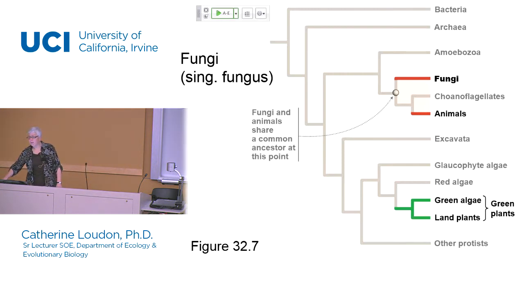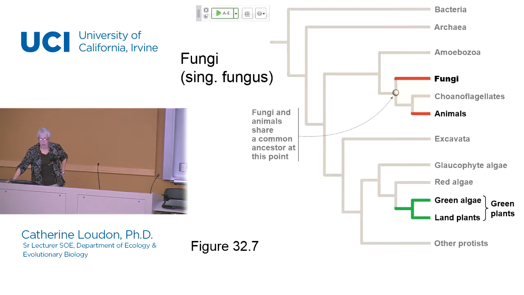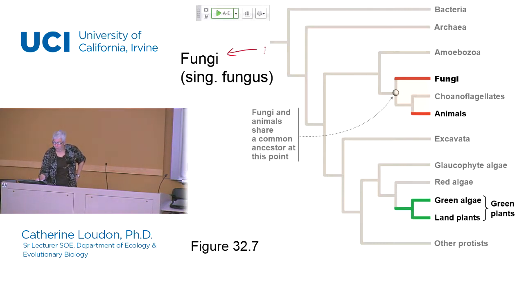This is figure 32.7 from your textbook. It is a phylogenetic tree, which shows some branches on it. And I think one of the things that students often find very surprising when they start learning about fungi, by the way, notice fungi is plural, fungus is singular, is this. If you were told the 3 groups, fungi, plants, animals, what do you think is more closely related to which? I think most of us would say, well, clearly, fungi and plants must be more closely related to each other